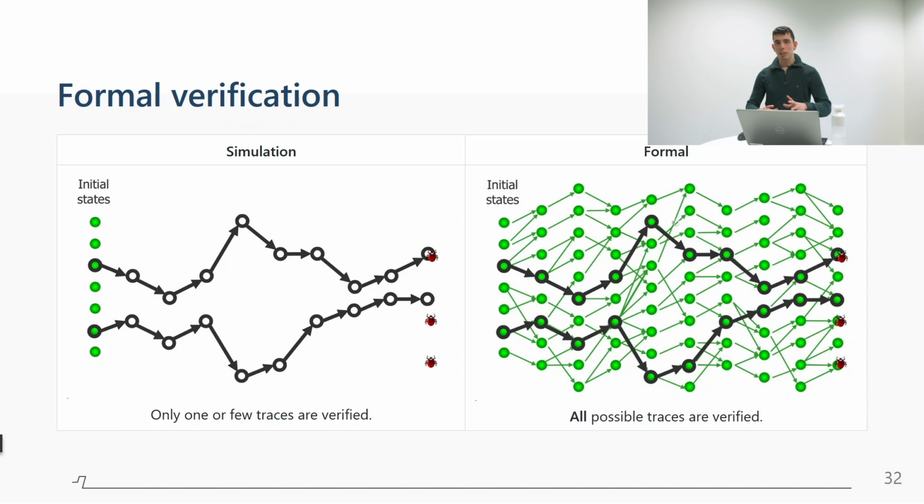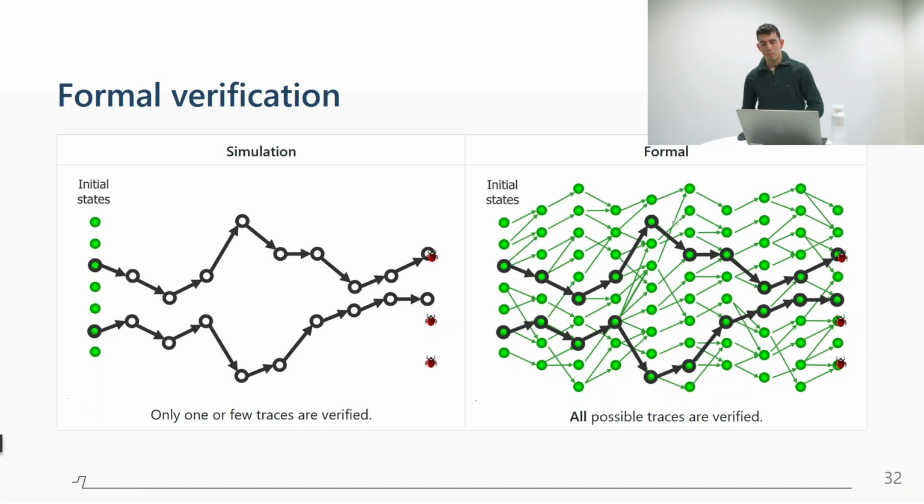So formal verification is the use of mathematical methods to prove the correctness of your design with respect to your assertions. To illustrate what this means, on the left side you see some simulation traces. When you run simulation, you start from an initial state and traverse through the state space. But you can only have a few simulation traces. You might run multiple times, but you hope that your stimuli actually reach a state where you encounter a